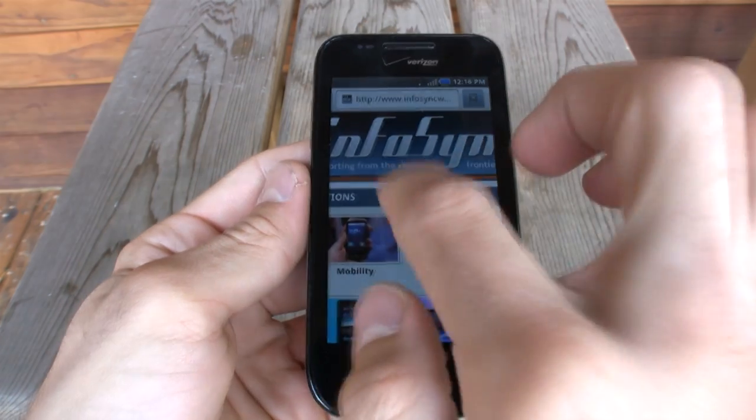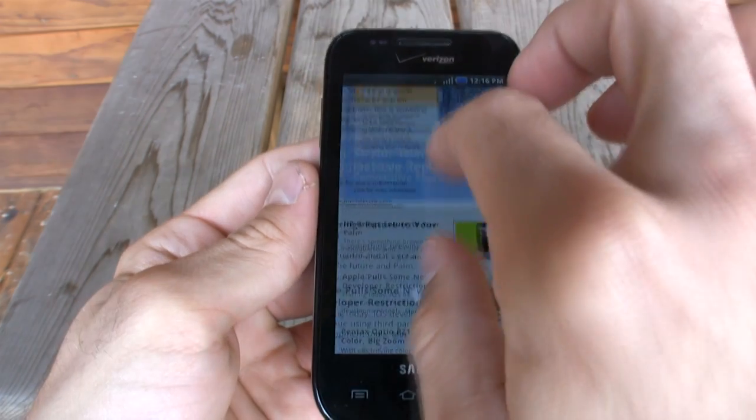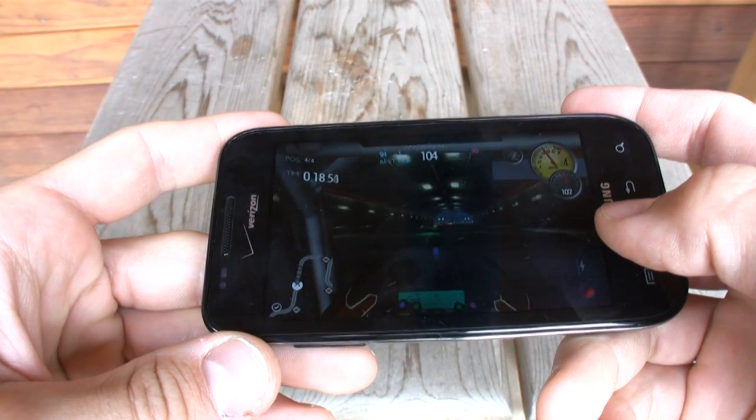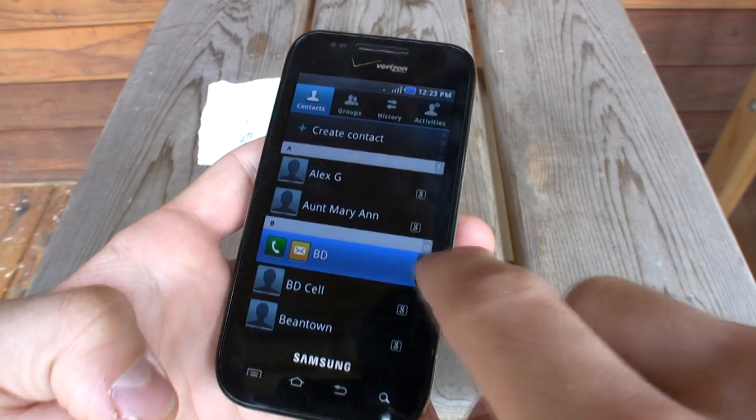Battery life, voice quality, reception, same thing as the other Galaxy S phones you'll see in our other Galaxy S reviews. Voice quality is very good. Noise cancellation was great. The battery life was lacking a little bit, but that's probably due to this AMOLED screen. And coverage was excellent because it's a Verizon phone, and Verizon coverage is very good in most parts of the country. The phone has a PowerVR SGX 540 GPU for advanced graphics, and it's just an all-around top-notch, top-quality